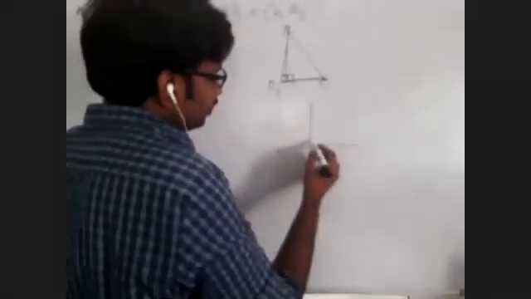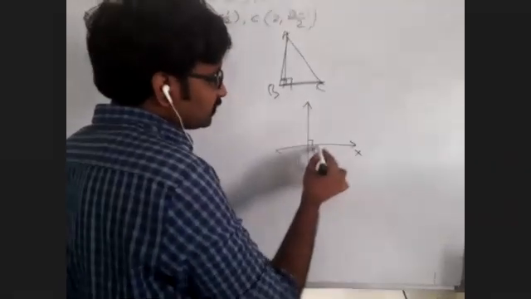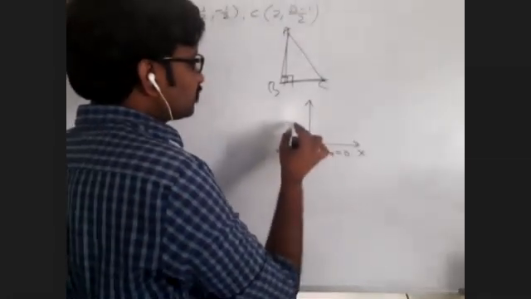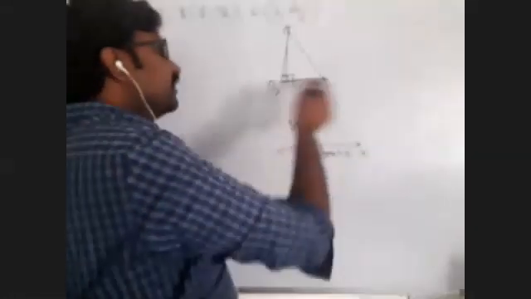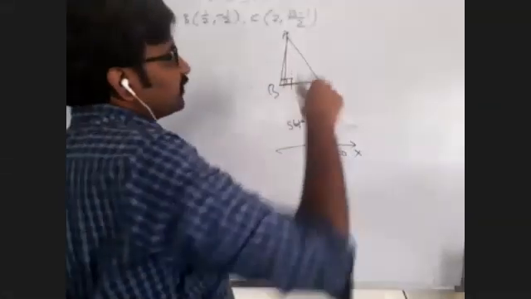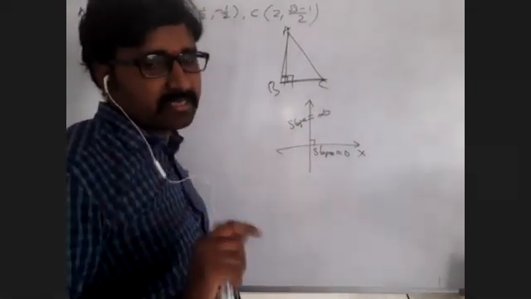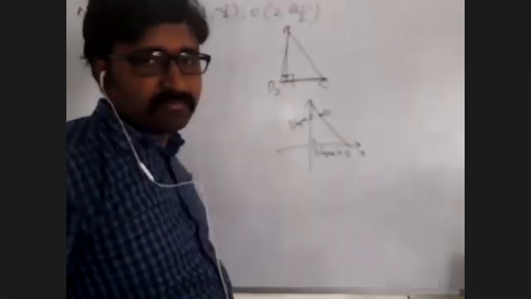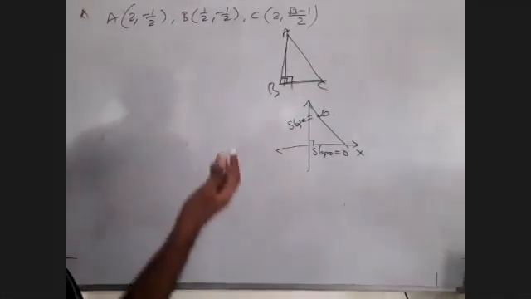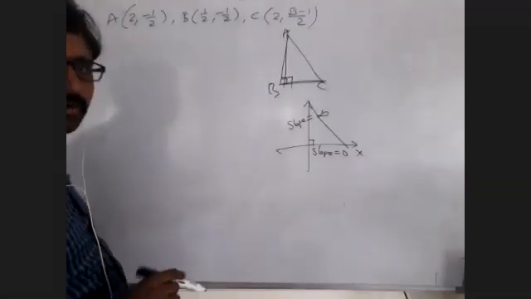In coordinate geometry, the x-axis and y-axis are always perpendicular. The x-axis slope is 0 and the y-axis slope is undefined, infinity. If in any triangle the slopes of any two adjacent sides are 0 and infinity, then we can say that it is a right angle, and the triangle is a right angle triangle. That's why we have to check whether we get 0 and infinity by solving any two sides.